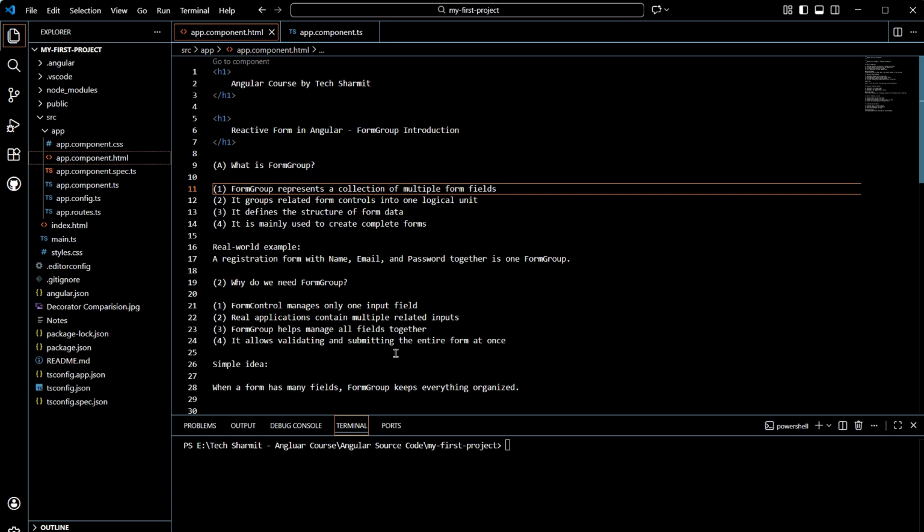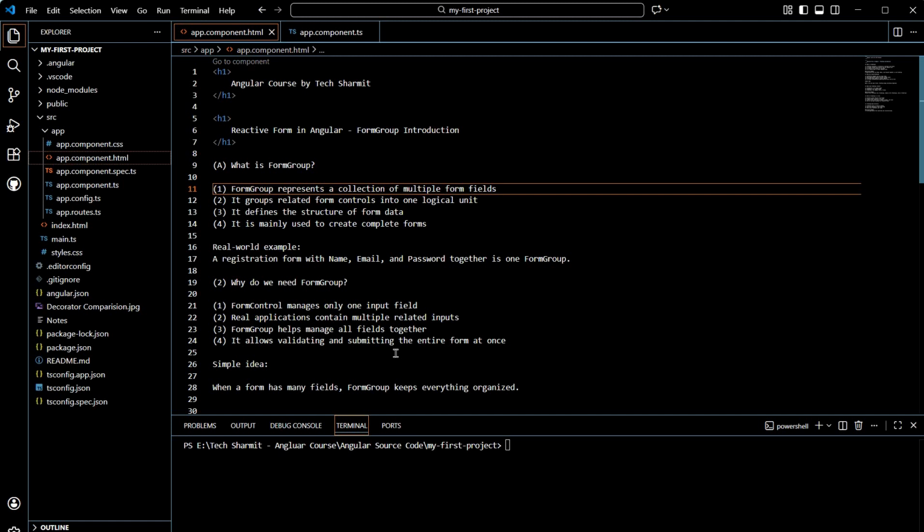In this session, we are going to talk about another very important topic of reactive forms in Angular, where we will see what is form group. This session is mainly for the introduction of form group, because I'm sure you might have encountered various scenarios in your projects where the developers are utilizing the form group, right? So in today's session, we will figure out all the theoretical things that are very important for us to understand